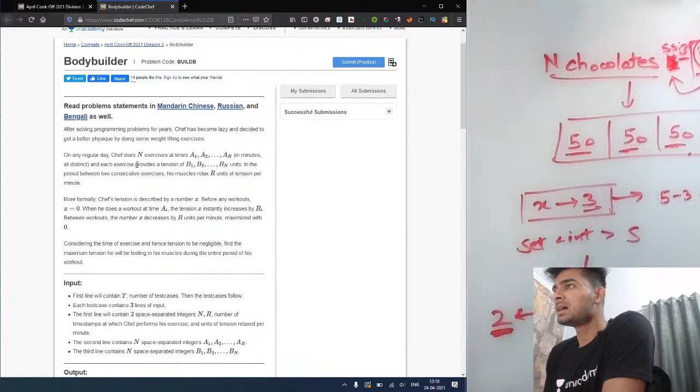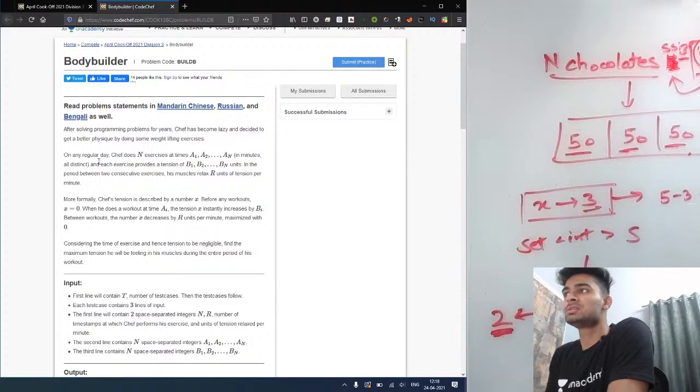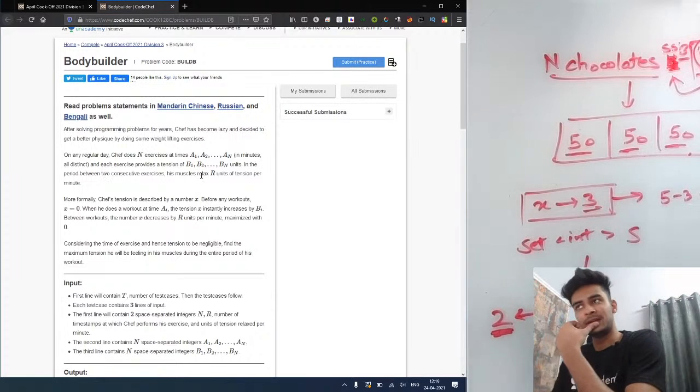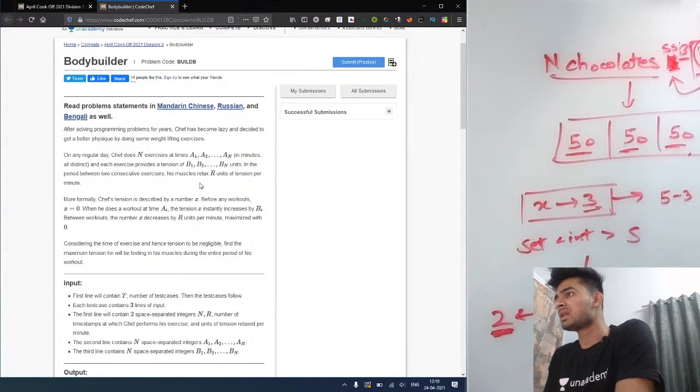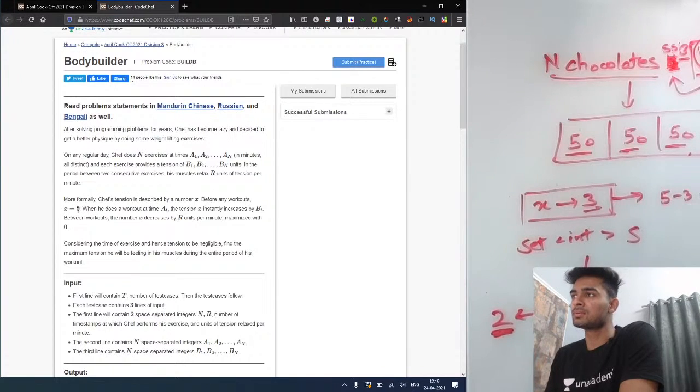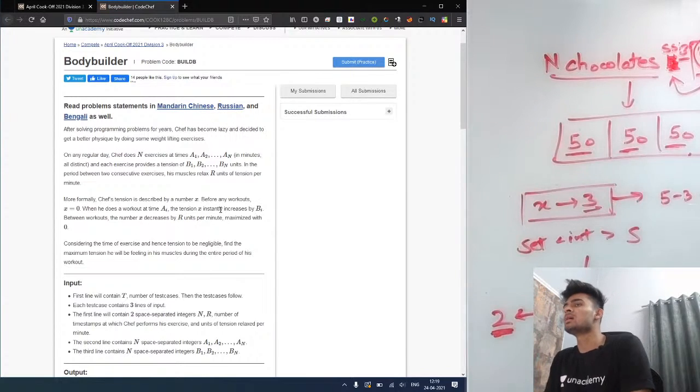Now the third problem says that after solving programming problems for years, Chef has become lazy and decided to get a better physique by doing some weightlifting exercises. On any regular day, Chef does n exercises at times a1, a2 till an minutes, all distinct. Okay, perfect. And each exercise provides a tension of b1, b2 till bn units. In the period between two consecutive exercises, his muscles relax r units of tension per minute. More formally, Chef's tension is described by a number x. Before any workout, x equals 0. When he does a workout at time ai, the tension x instantly increases by bi. Between workouts, the number x decreases by r units per time,